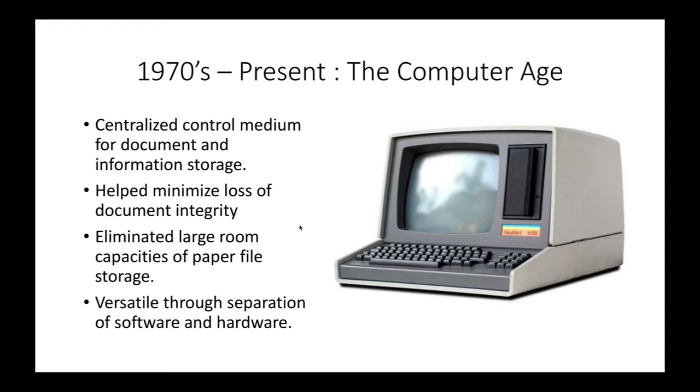for various uses. But one of the big things about the computer was being able to send large amounts of storage information between two locations, and that came after the internet. But around the 1970s, computers were used. They were programmed to be able to do lots of things for several different applications, and they became very popular in business as a way of centralizing document and information storage.